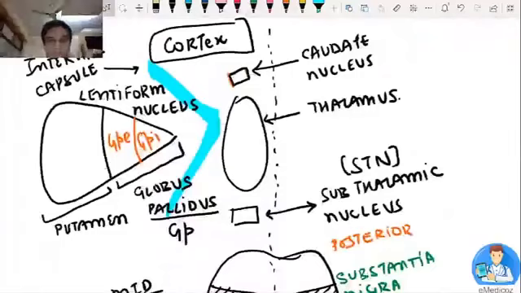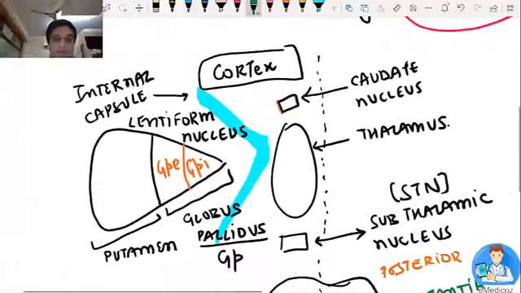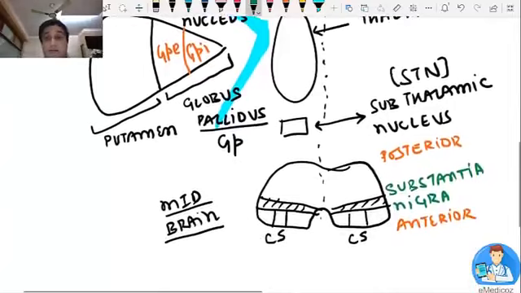Below the cortex is the basal ganglia, made up of two major parts, the lentiform nucleus and the thalamus. The lentiform nucleus has an outer peripheral part, that's the putamen, and the globus pallidus. Then the thalamus, and above is the caudate nucleus. Below is the subthalamic nucleus. Between the lentiform nucleus and the thalamus is a sandwich, the internal capsule. Below is a very important part, the midbrain, which has the substantia nigra over there. Okay. I'll come back to this diagram very often today because this is the very basic that we need to